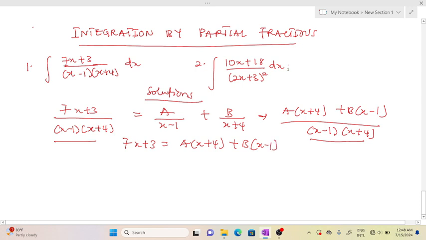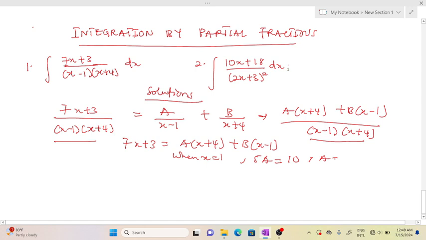You just assume values. So when x is equal to 1, we realize that my b will be 0 because here will be 0, right? And here I'll have what? I'll have 5, 1 plus 4 is 5a, will be equal to, when x is 1, I'll have what? 10, right? Therefore, my a is equal to what? 2. Then the next thing, when x is negative 4,